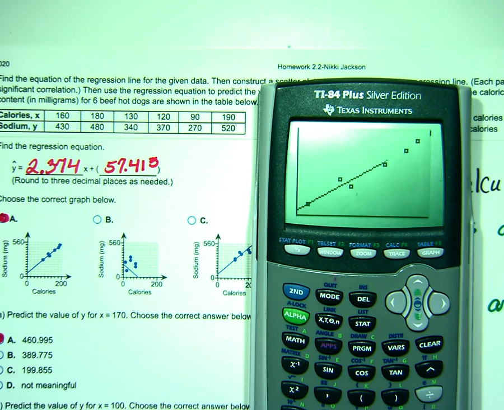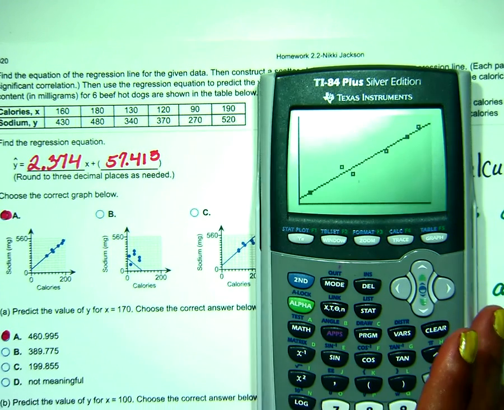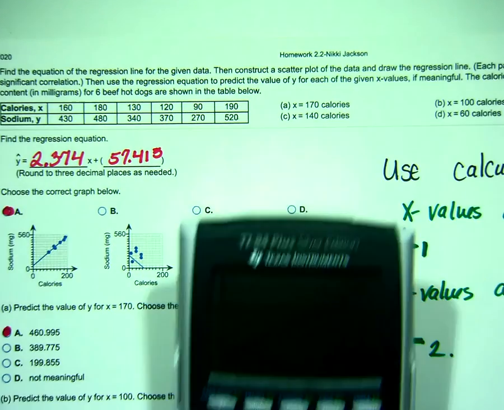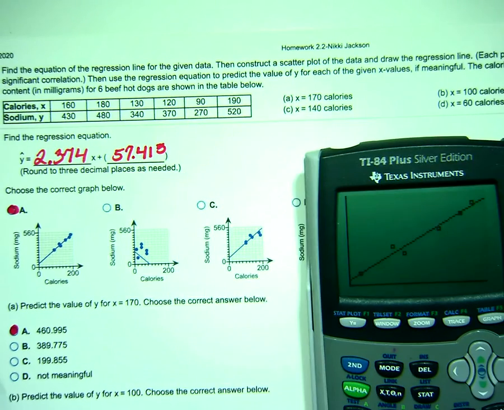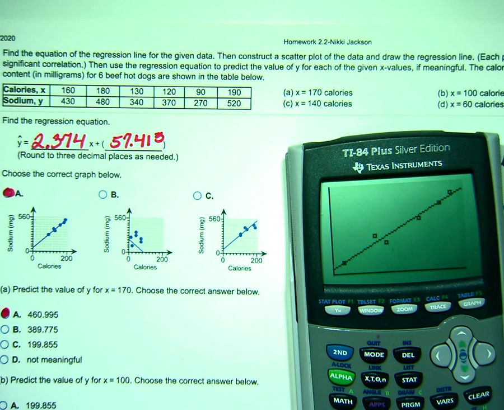And there you go. Now looking at this graph, it either can be A or C because both of them are going in the positive direction. Once again, pay close attention to the number of dots below and above the line. So notice how this one right here got one directly below, but somewhere up here. But then you have this one right here, which has that one very, very close. So this is up